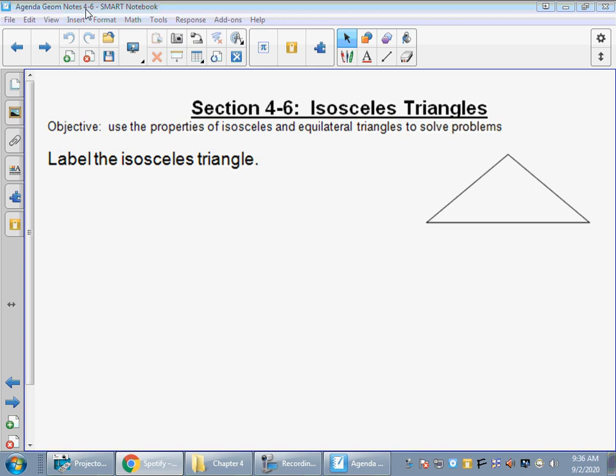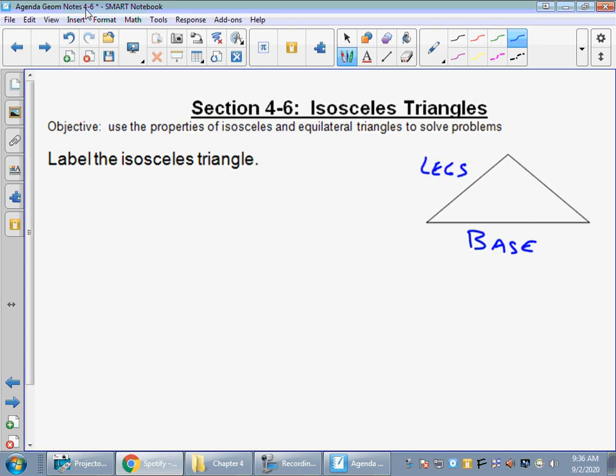to label it. Okay, so remember some of these terms from earlier in the chapter, that if we have an isosceles triangle, and let's call this part the base. So if that's the base, then that would mean that these are the legs. It'll be here and over here. And remember, those are the congruent sides. Would be the legs. So I'm just going to go ahead and put a dash mark here and here to